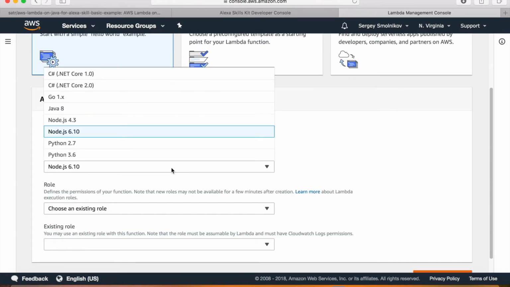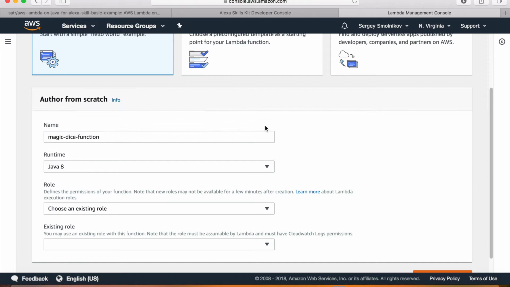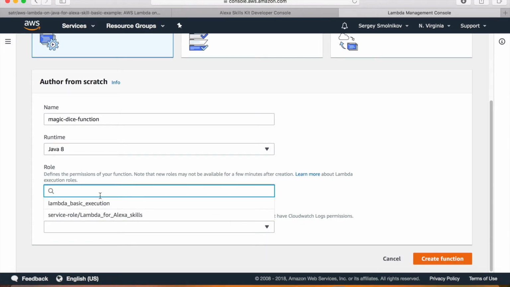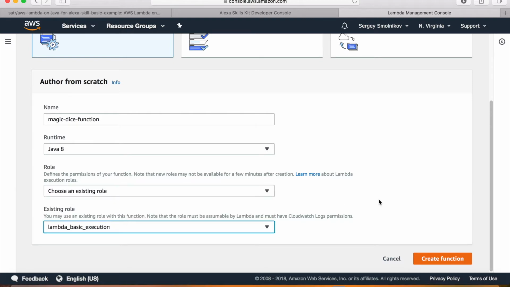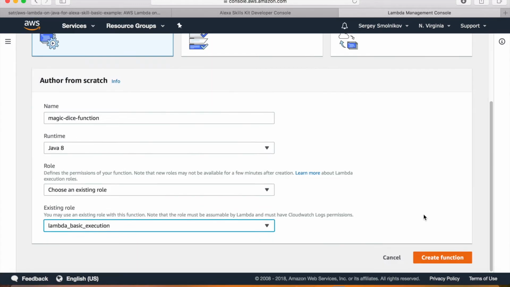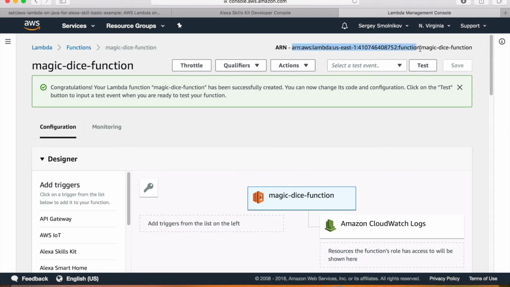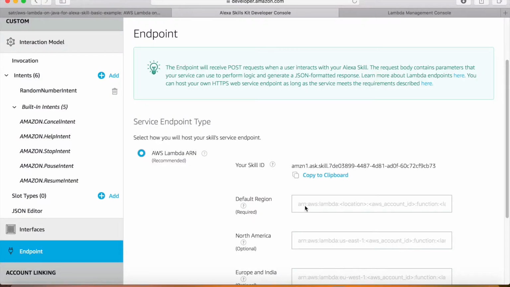The runtime would be Java, and we use an existing role, the Lambda basic execution role, which normally exists already. We hit create function, and for this function we get this ARN, which we will put here in the AWS Lambda ARN.